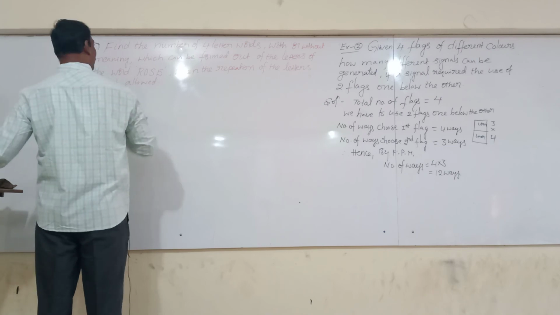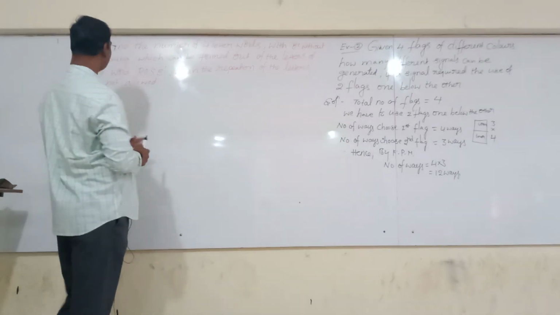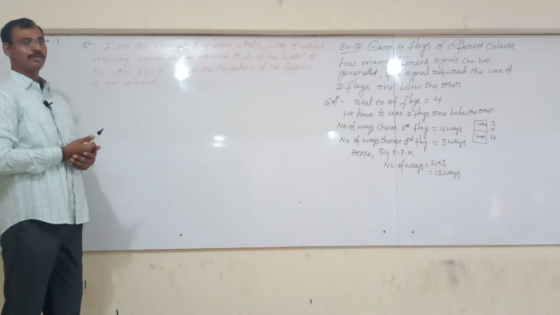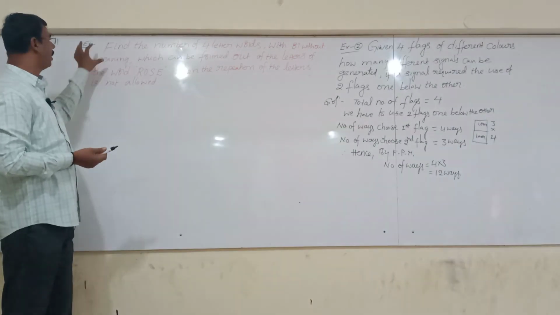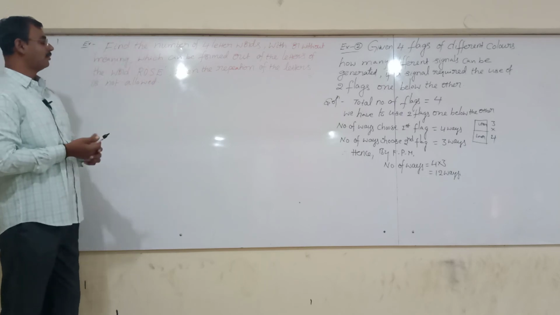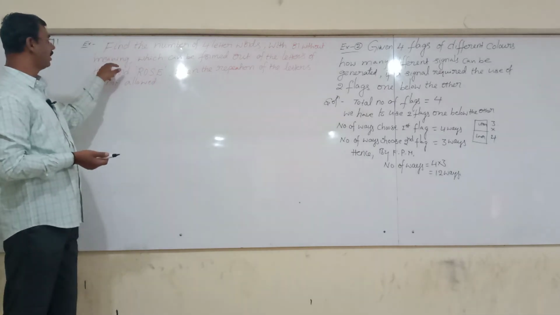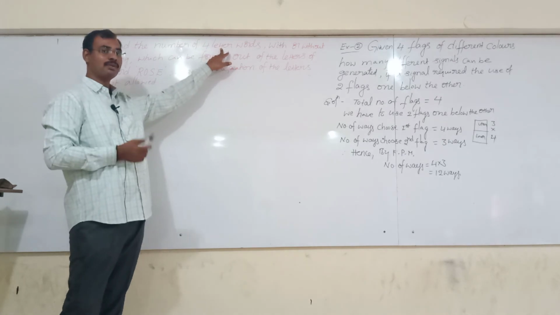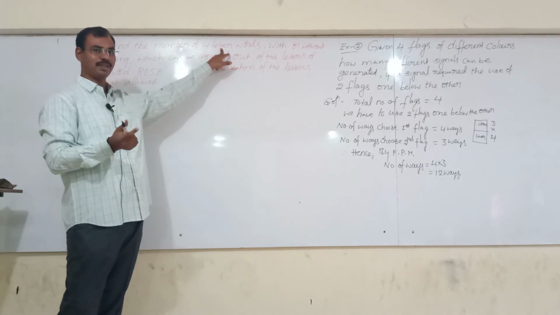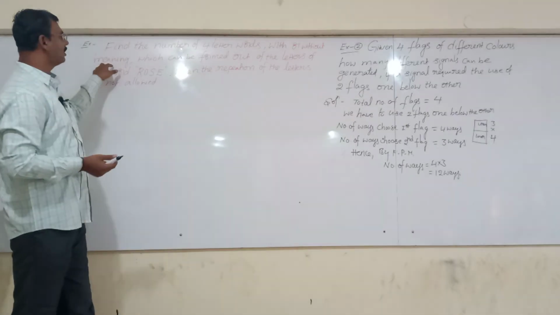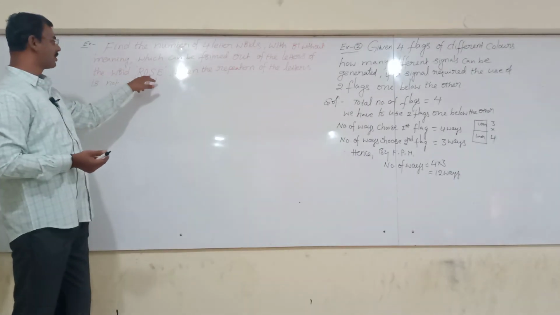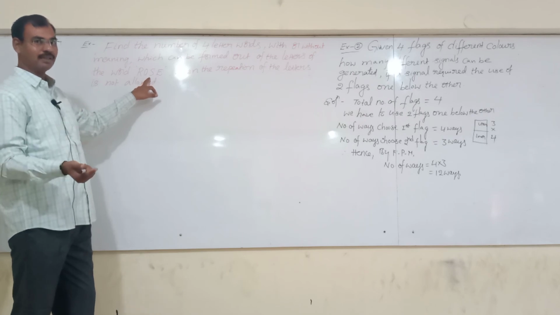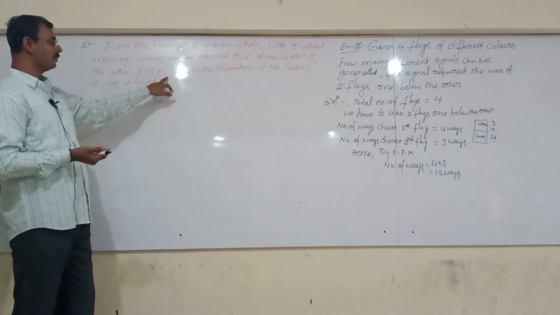Yes, our writing is taking more time. For understanding, it is very simple, and the answer is also a one-line answer model. Find the number of 4-letter words with or without meaning. That means we have to form which letter word? A 4-letter word, like 4-digit numbers. What is the word given here? Rose. The total number of letters in the word rose is equal to 4.